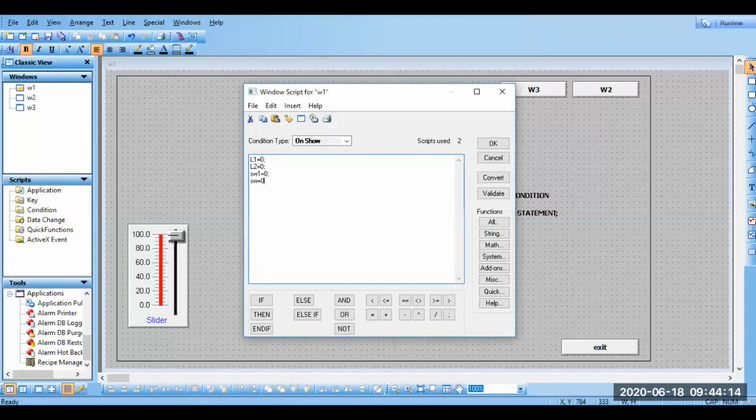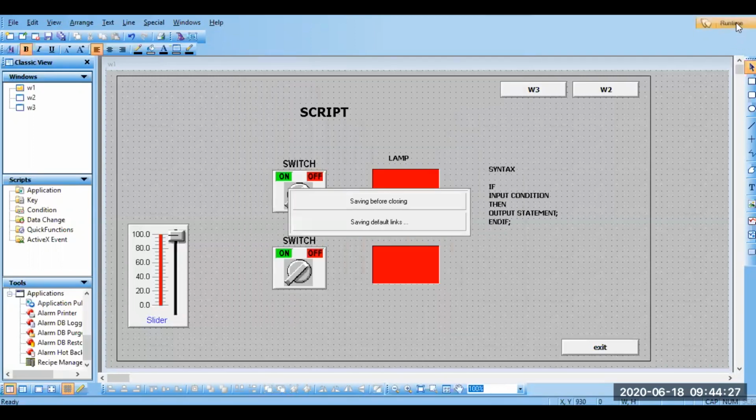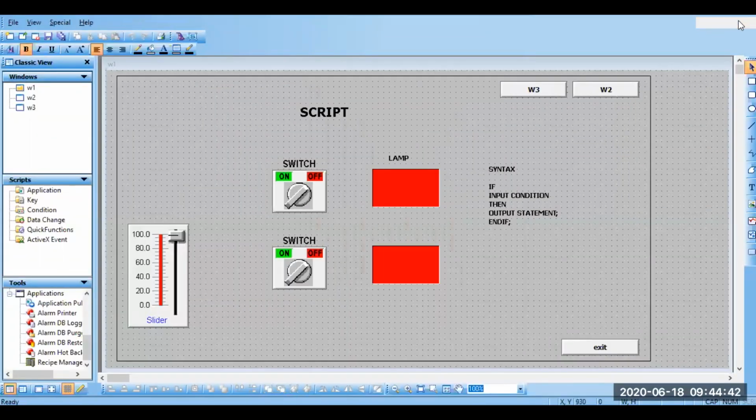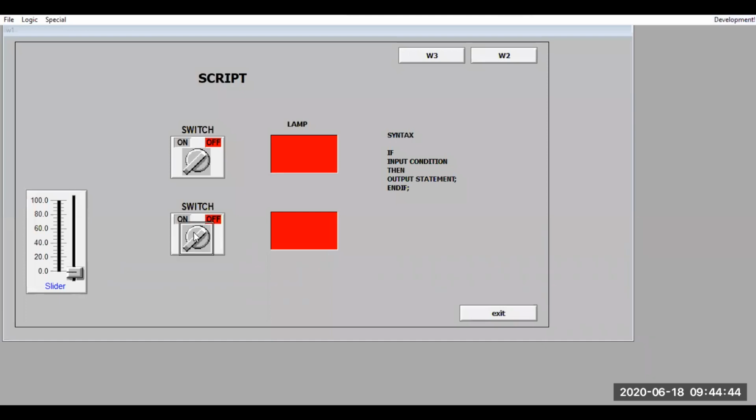Input should be controlled because it's in our hand, but for output we cannot do anything because those two depend upon the input state. Now if you go for the runtime, it's now off. Previously the switch was in an on condition, that's why these two were on. I got confused. So now if I go to development and come back to the runtime, it is off. I'll show you again.